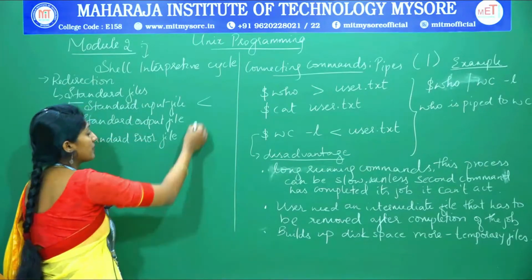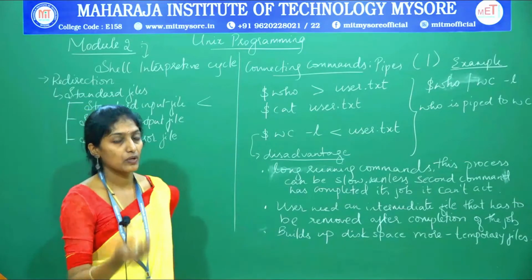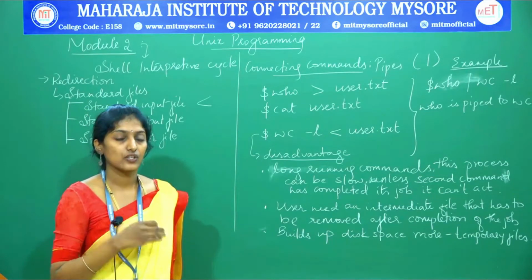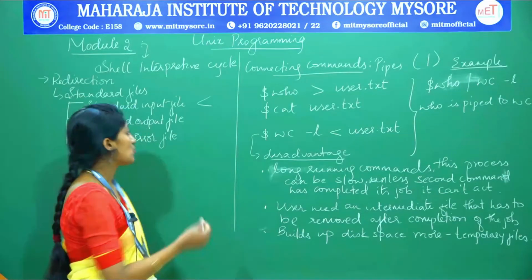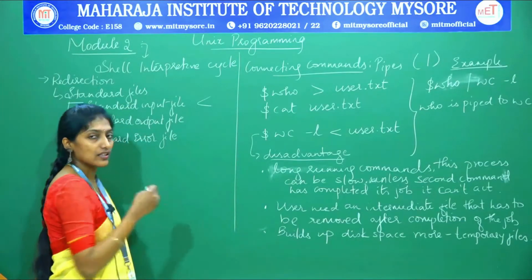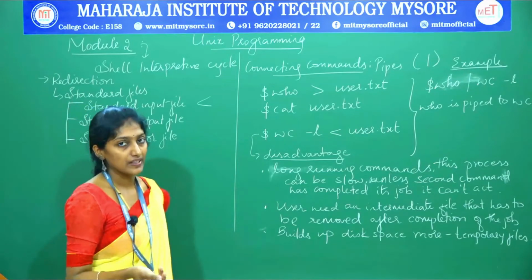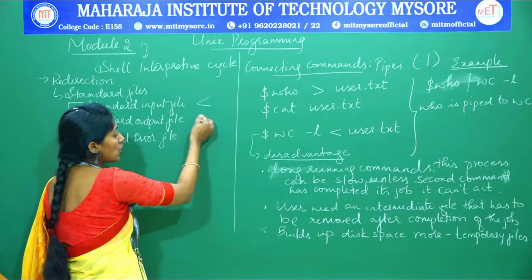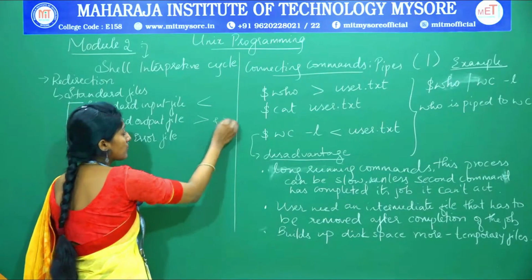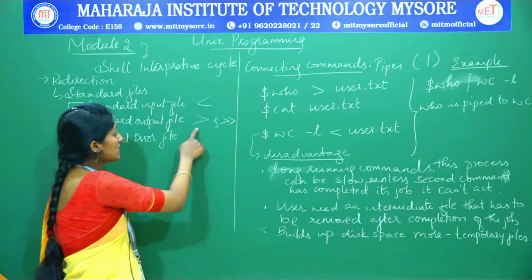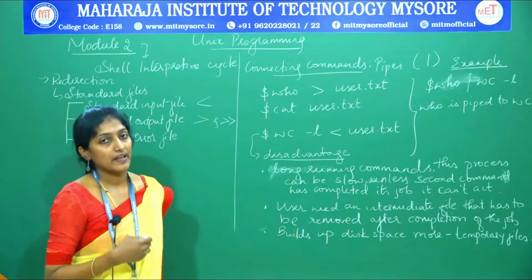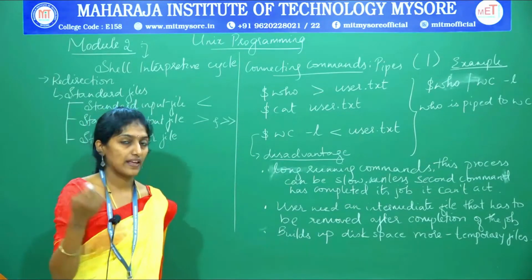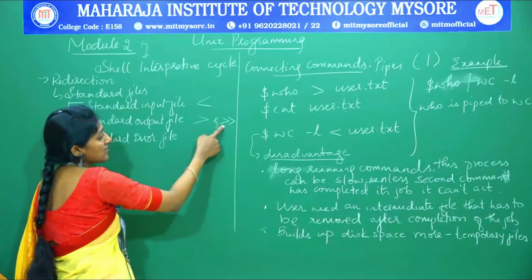Next is the standard output file. This also belongs to display content, because the name itself says that you are trying to display the content, right? Here the default is the screen or the terminal itself for displaying the output. And one of the redirection operators used is the greater than symbol, and one more is the double greater than symbol. So this is used for what? Displaying the output. You can redirect from one file to another file for displaying the output, so for that you can use this symbol.